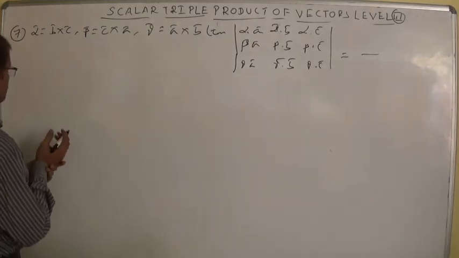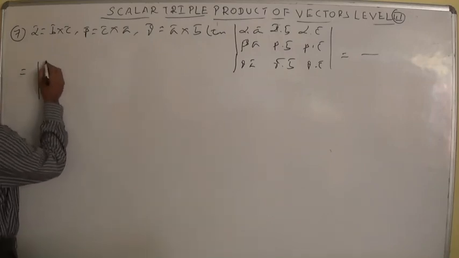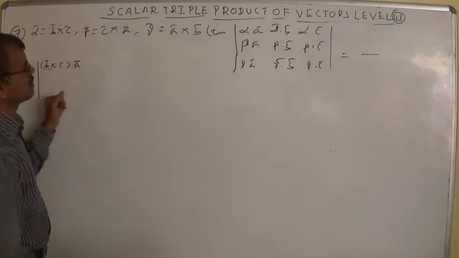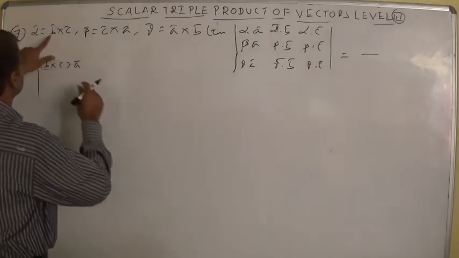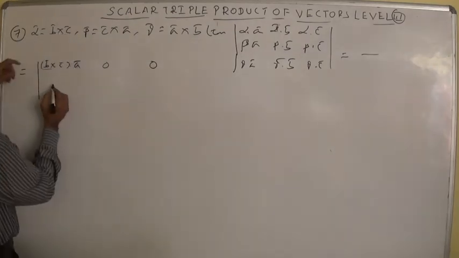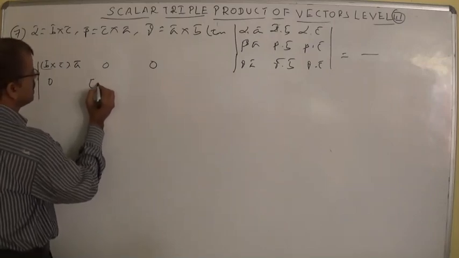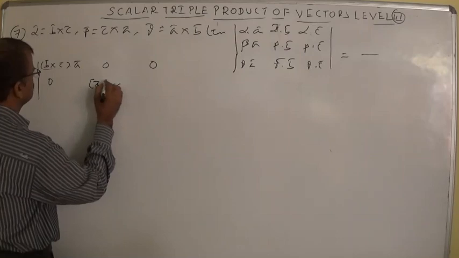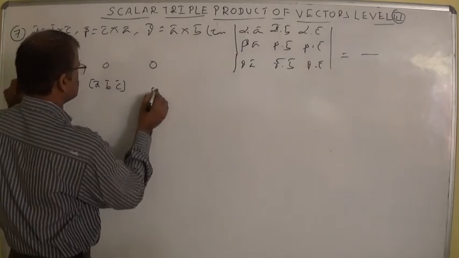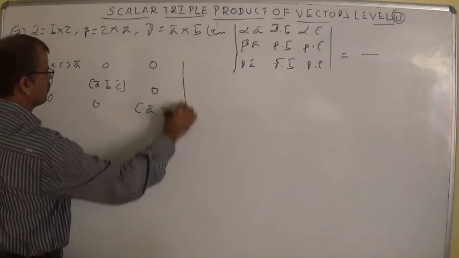Alpha is equal to B cross C, beta is equal to C cross A, gamma is equal to A cross B. In the determinant, you can write instead of alpha, B cross C dot A. Here alpha dot B, so B and B becomes 0, and alpha dot C also becomes 0. Now beta dot A, it becomes 0. Beta dot B, so CAB you can write as box ABC. Directly box ABC you can write here also. Next, beta dot C is 0. Next 0, 0, and this is box ABC, in the overall determinant.